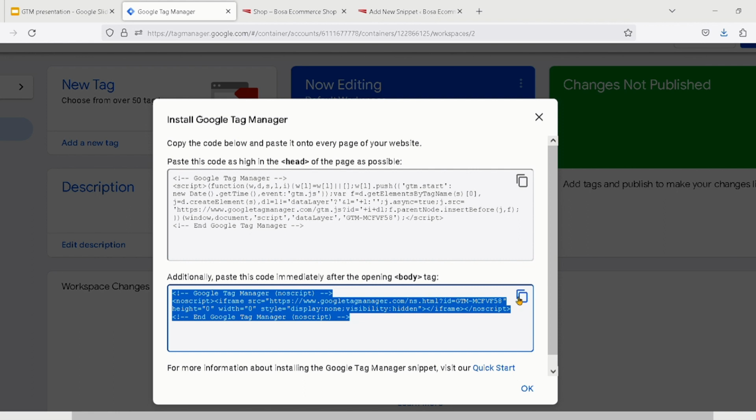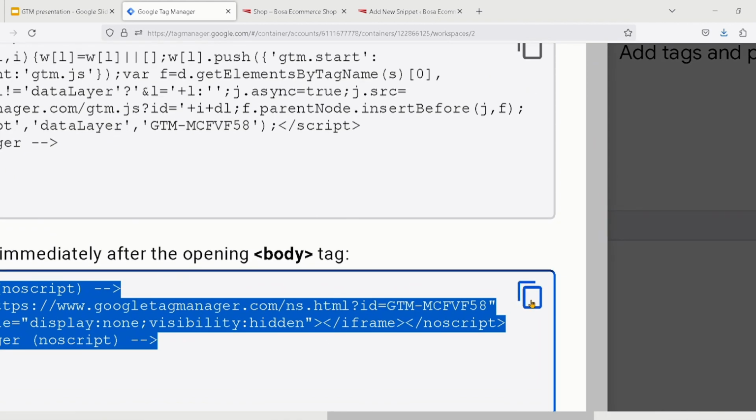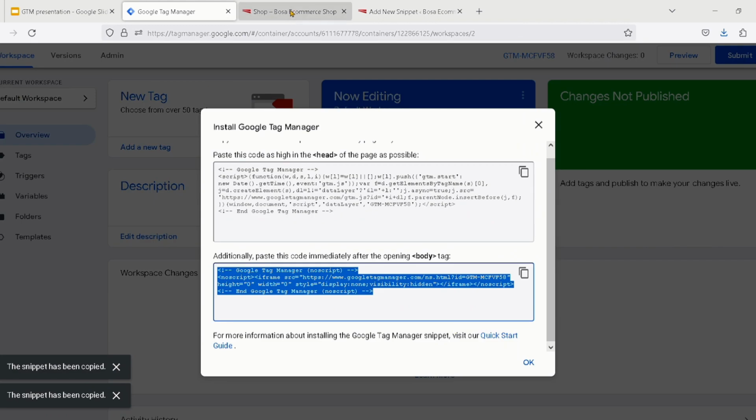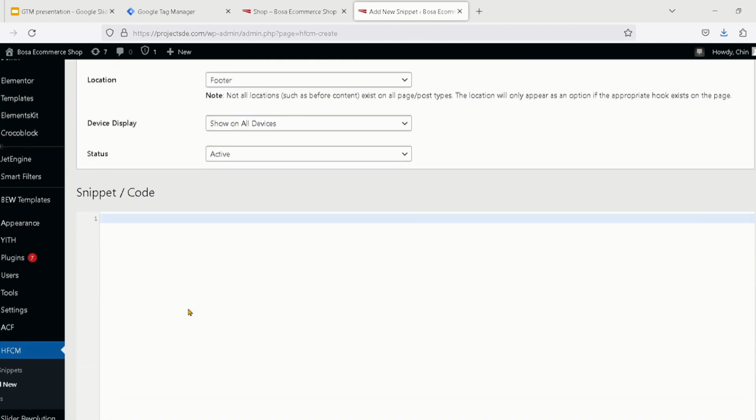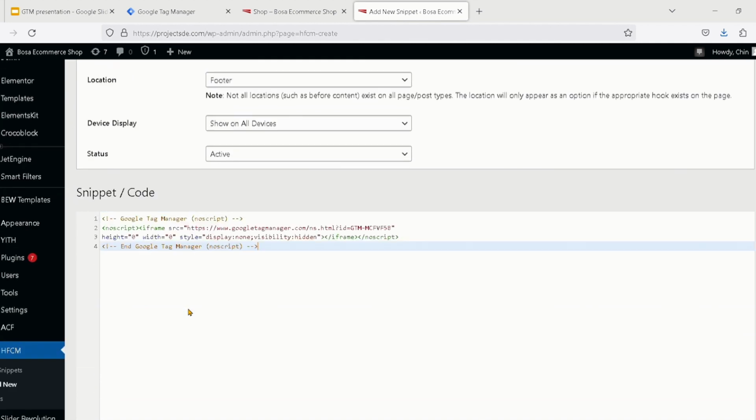You can do the same thing. Click on the icon, copy. All right, I'm going to go back to the WordPress admin panel. Press Ctrl V or paste it by right clicking. You can see it's